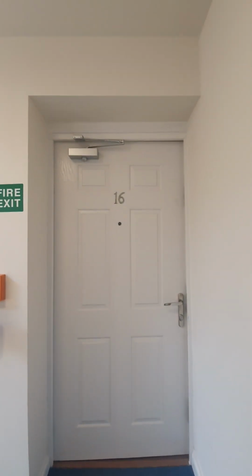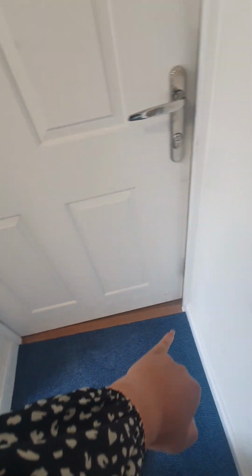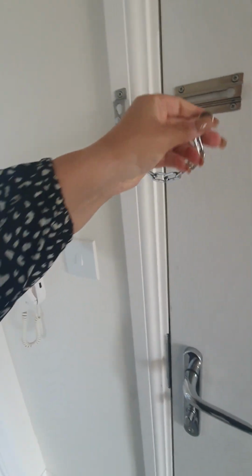Moving inventory for 16 Mistle Court on the 11th of August 2023. So I'm just outside. You have a white door with silver fittings and you do have visible faint marks. There is no damage, however scuff marks are also present in various areas, and you do have handprints around the door handle. The door open and close is fine, lock is working, chain is present,